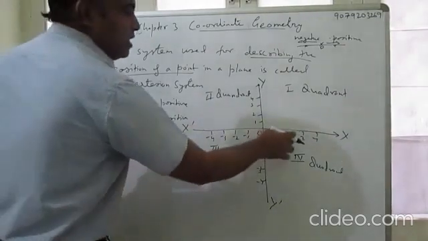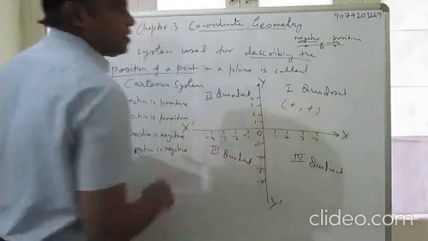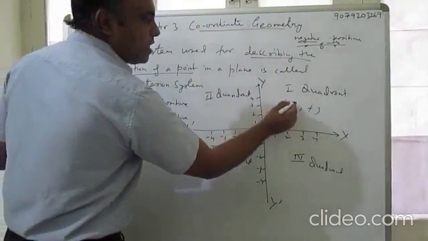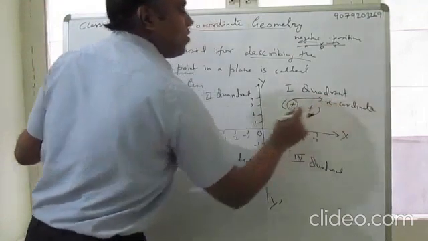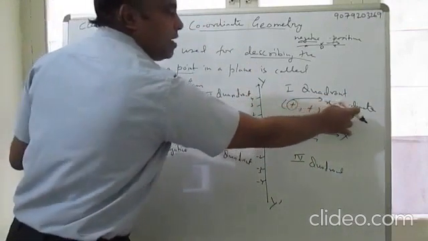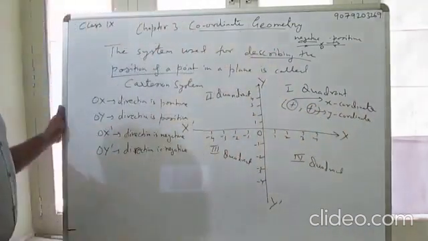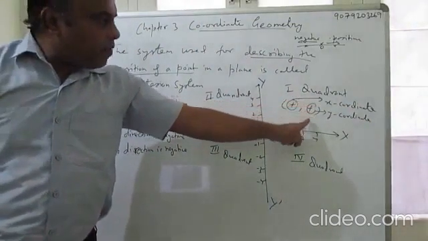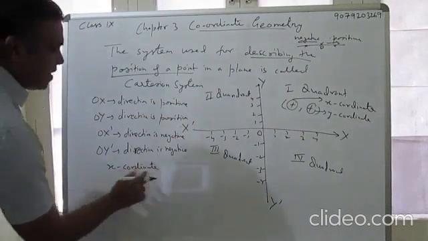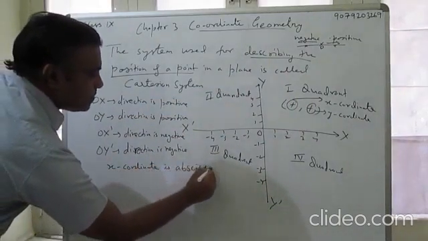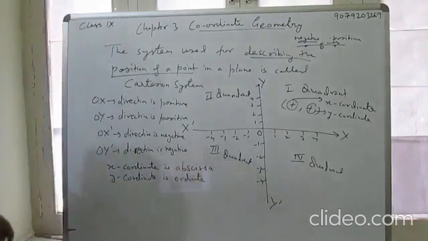Now in this first quadrant you see that X is positive and Y is also positive, so the points are positive. Here the first point is 1. Which coordinate does the first point represent? The first point in the bracket always represents the x coordinate and the second point always represents the y coordinate. Another name of the x coordinate is abscissa and the y coordinate is ordinate.